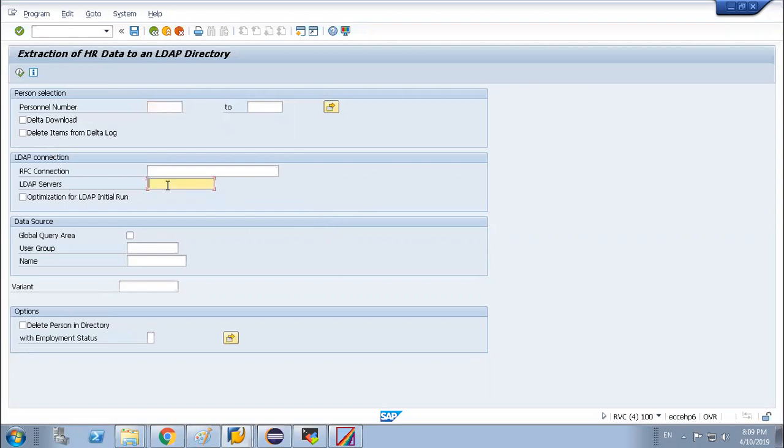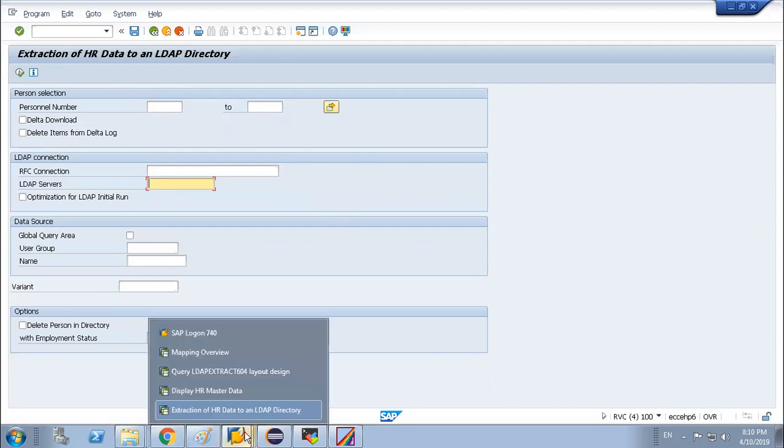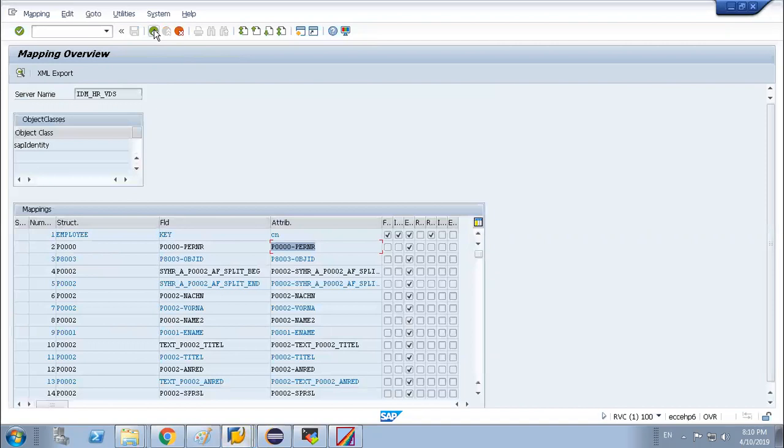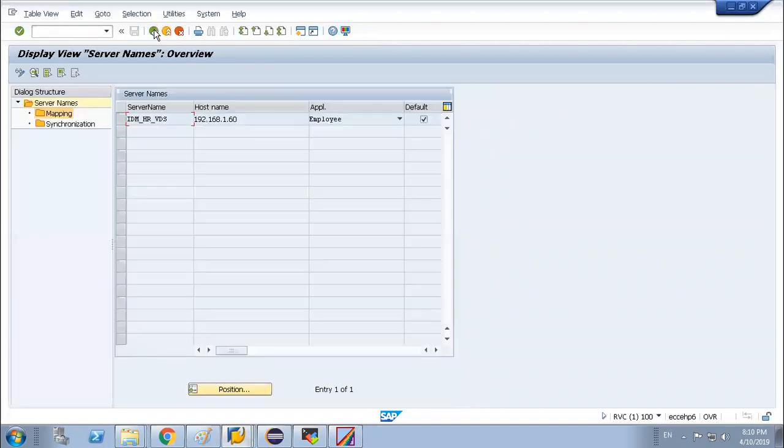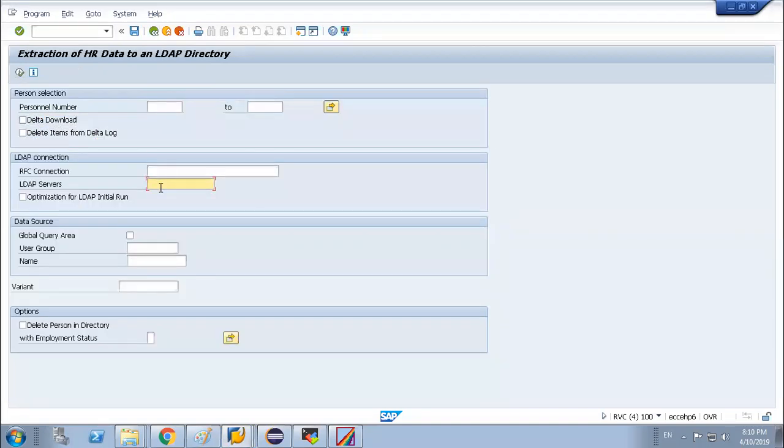Now I am putting in the LDAP server that we have created. What information do I have to give? Here we are doing the LDAP connections, right? So what is the LDAP server that we have provided? The LDAP server is IDM HR VDS. This LDAP server I am putting.